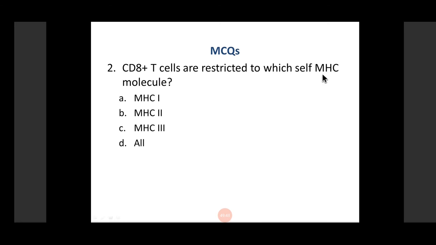Okay, now question number 2. CD8 positive T cells are restricted to which self-MHC molecule? MHC1, MHC2, MHC all. Remember the rule of 8 that I talked about? This will make your life easier. Take the 8 of CD8. How much do you need to multiply with to get 8? 1. So therefore, by this rule, CD8 T cells are restricted to MHC class 1. Similarly, rule of 8 for CD4: CD4 into 2, 4 into 2, MHC2. So CD4 T cells are restricted to MHC class 2. So this is a very simple way to